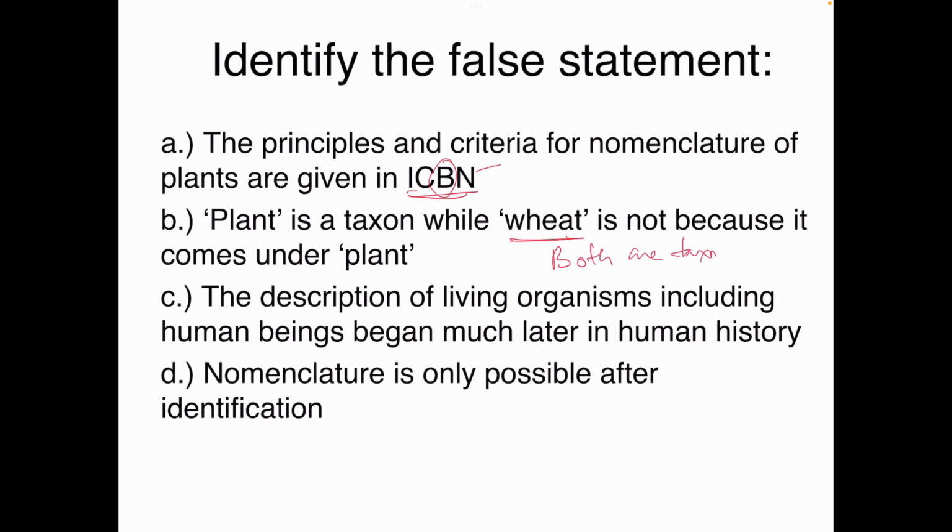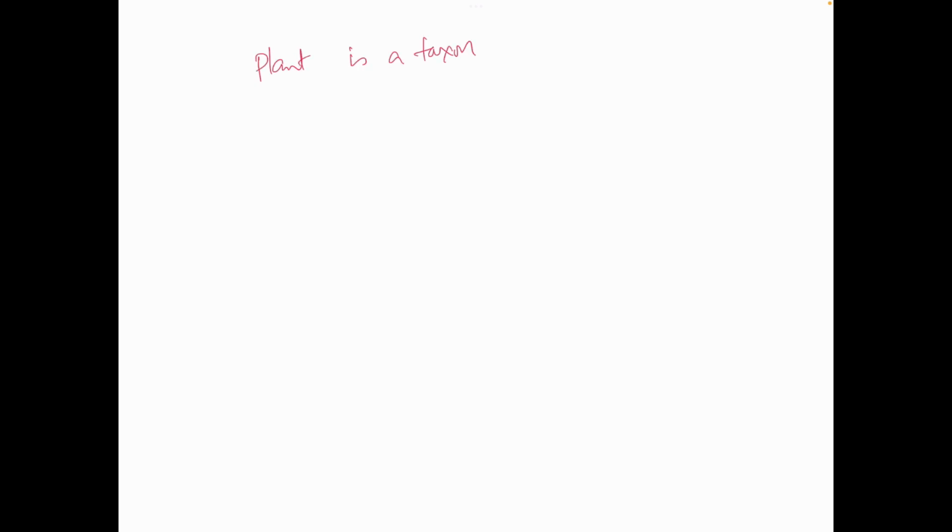This is a direct example that I have taken from your NCERT, where the NCERT states strictly that plant is a taxon and wheat is a taxon. Similarly, animal is a taxon and